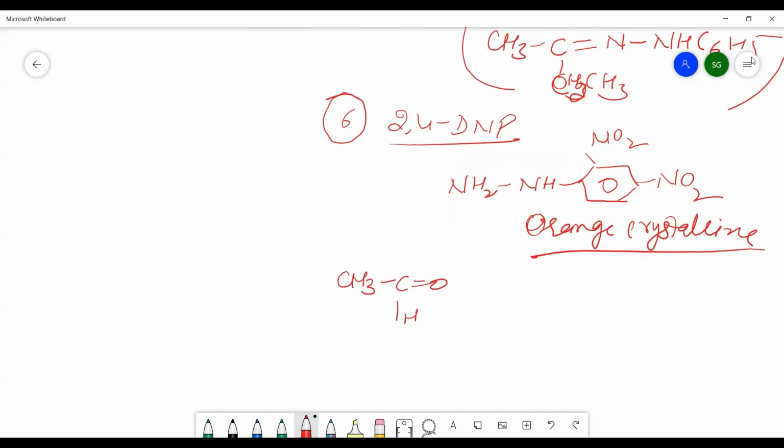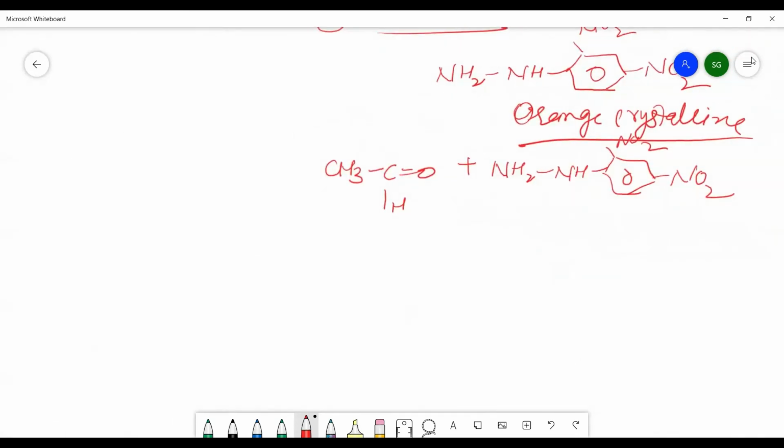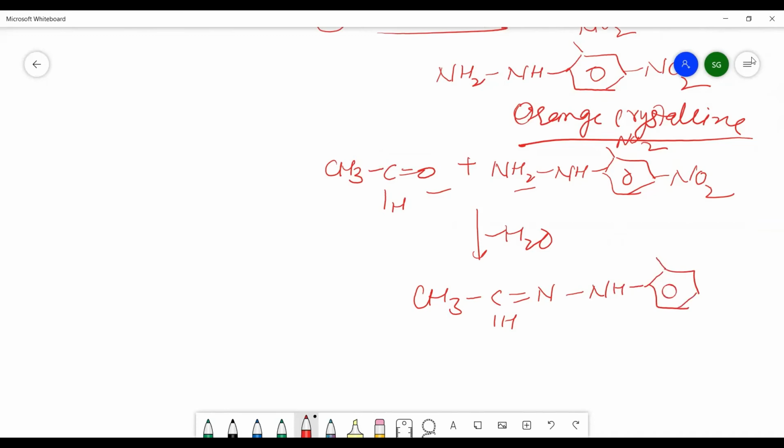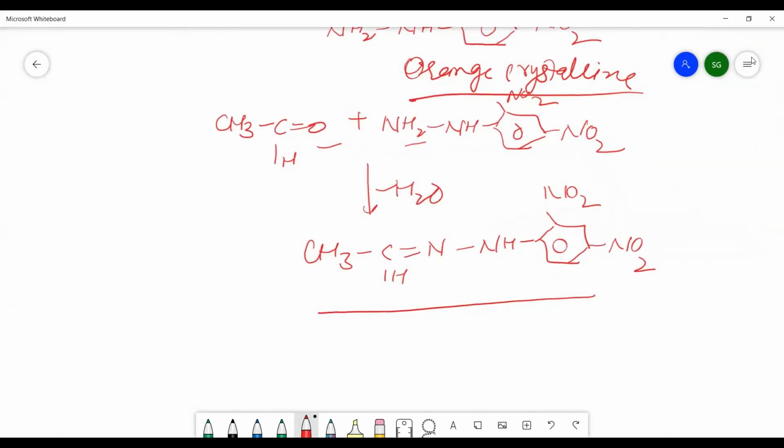Suppose we take an aldehyde and we are adding this compound, the 2,4-DNP NH, with these 2 NO2 groups at the second and fourth position. With the removal of H2O, water comes out from here, and we will get this kind of compound, that is double bond N NH. So the reaction procedure is the same for all types of ammonia and ammonia derivatives. This is the 2,4-DNP, meaning the 2,4-dinitrophenylhydrazone of ethanol. Now the ethanol one is made for you. In the same way, you can make it for any compound given to you in the exam.